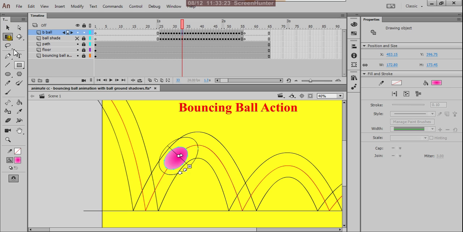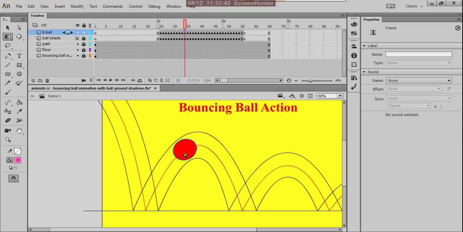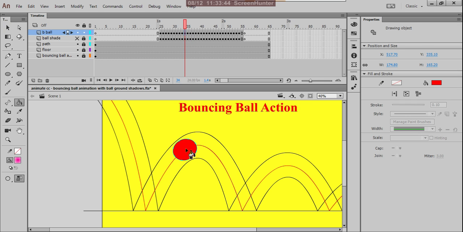Okay, this we can turn. I guess the lighter portion must be on top. The lighter portion must be on top.